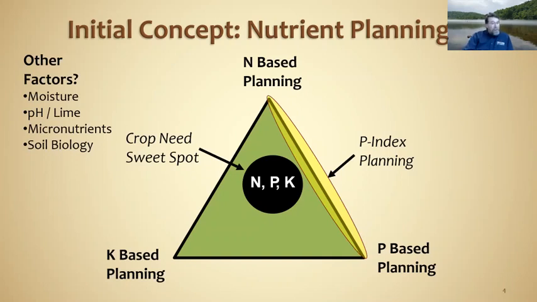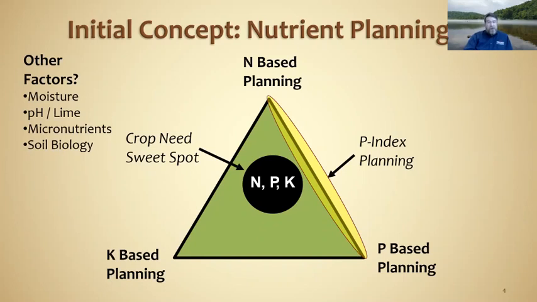There's one that optimizes for potassium. There's one that optimizes for phosphorus. But if you're trying to manage your resources, you're trying to get a balancing act going there, so you hit a crop sweet spot where you meet the needs of all three